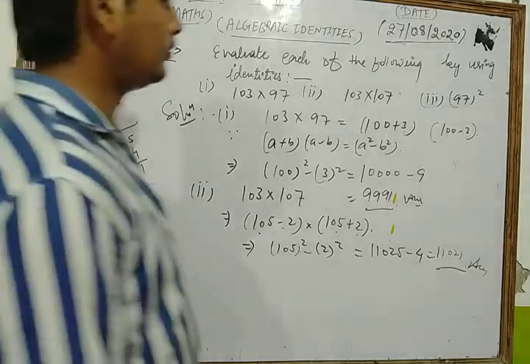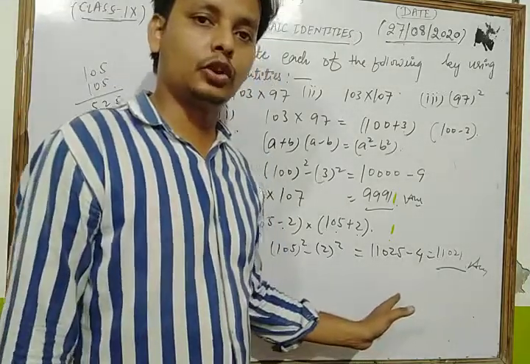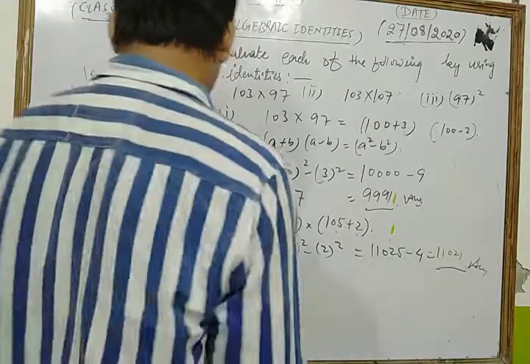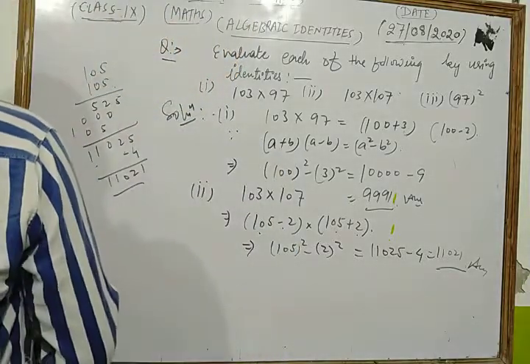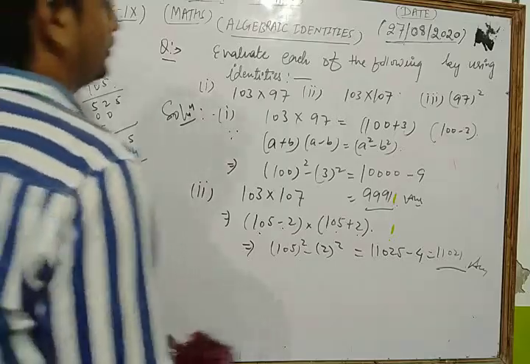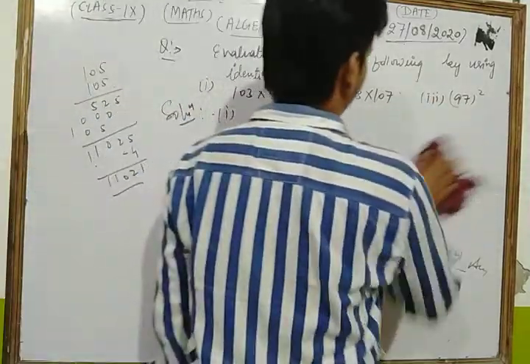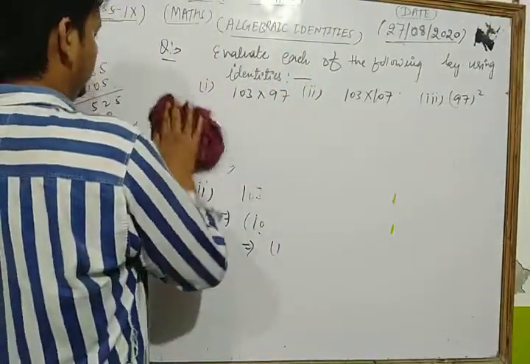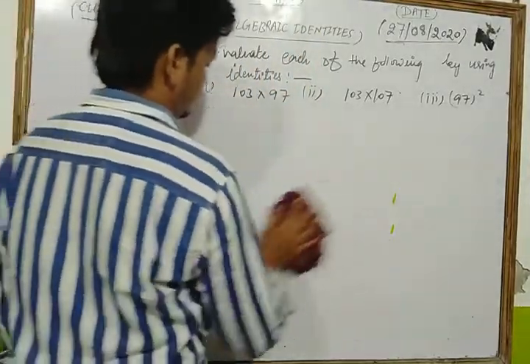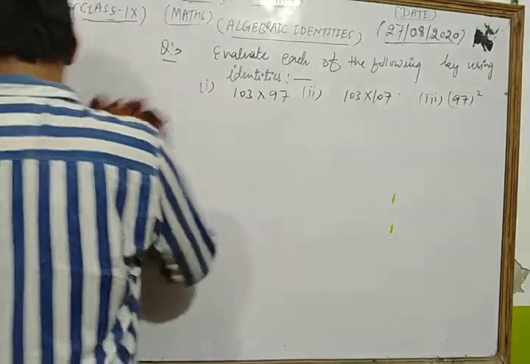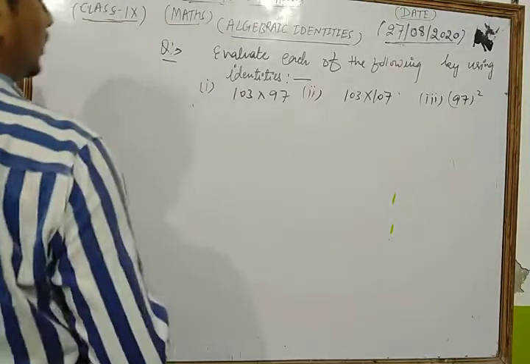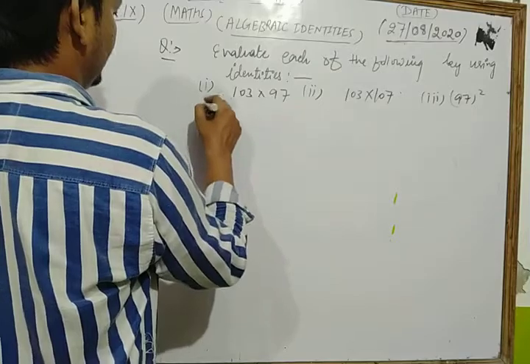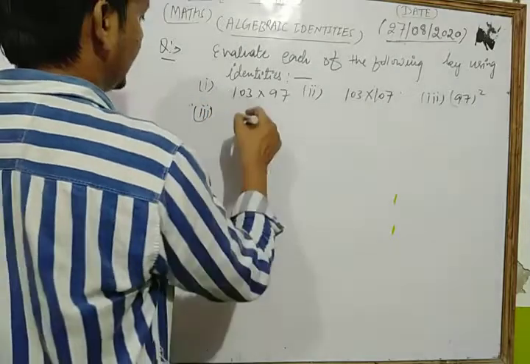Now this concept is clear. Now we take and solve the third part of this question. Let's see. The third part of this question is 97